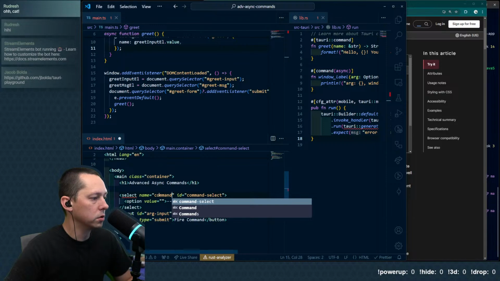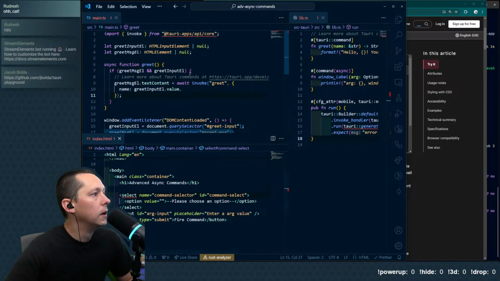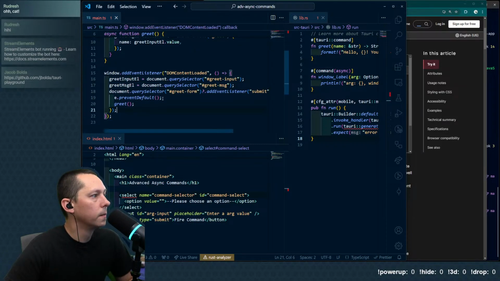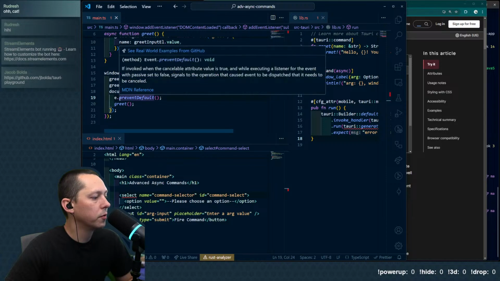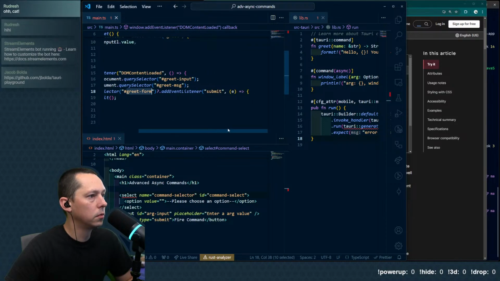I don't think the name matters too much, but command selector, sure. It only matters insofar as how we use it here. So in this case, we're doing a prevent default. I don't know that matters at this point, but it's specifically adding a listener to the submit button.